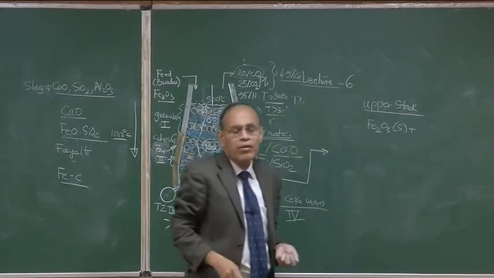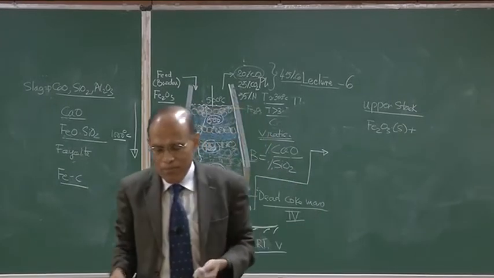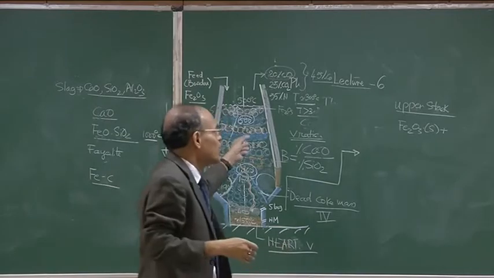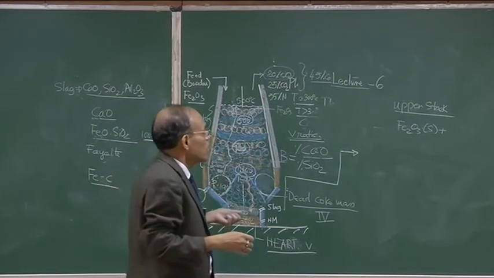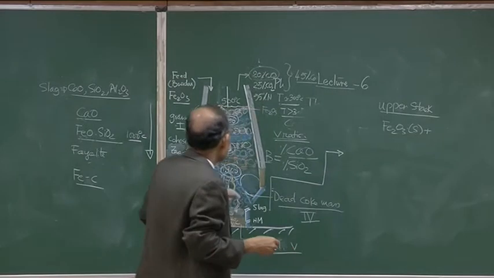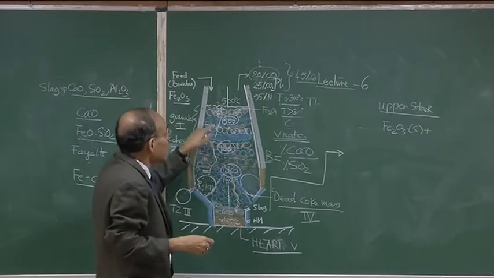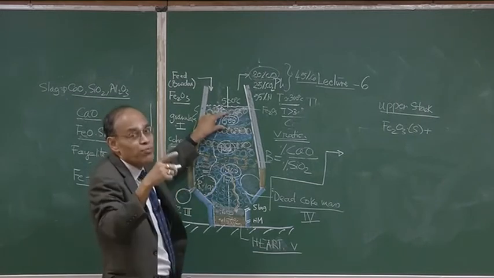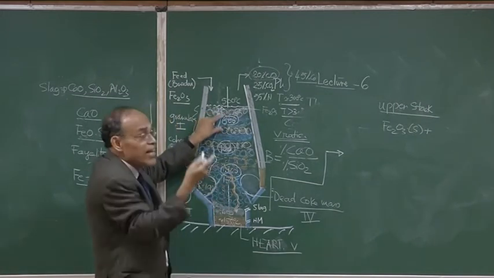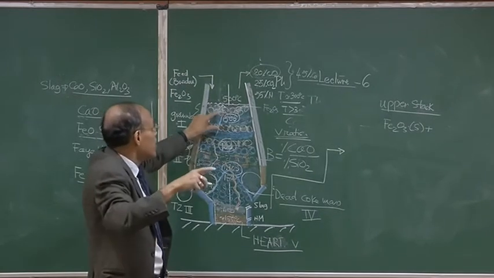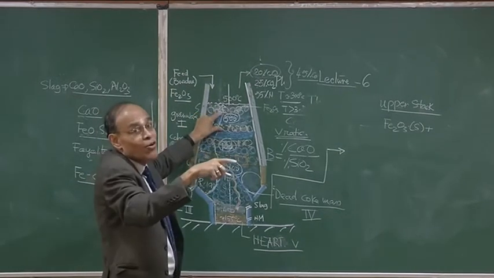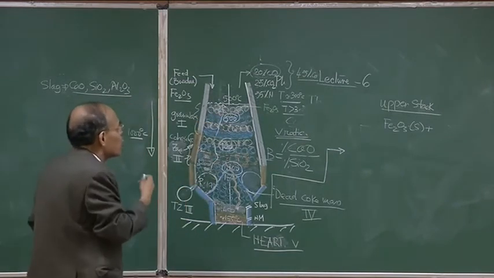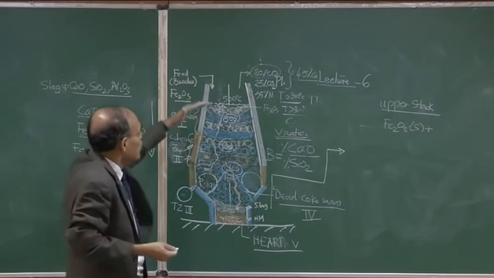There are many reactions that are simultaneously occurring, but all those reactions need not be tabulated here. For example, it is also possible that if some FeO has been locally generated in this part, then that FeO in the upper part is going to be reoxidized into Fe2O3 or Fe3O4. So, all those kinds of nitty-gritties may not be taken, but ideally speaking, if we travel from top to